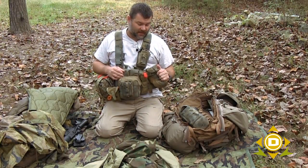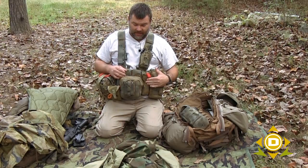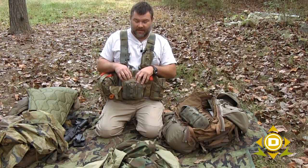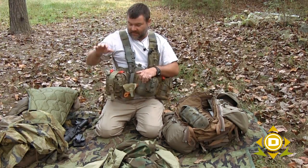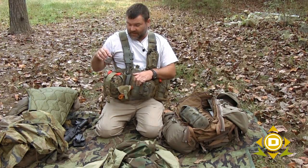But in this one, I carried my poncho and a couple little snacks. This has my tourniquet in it. This has basically what used to be in my fanny pack, my escape and evasion kit in it. I'm gonna go over that in detail in a moment. This is my Ranger Silva compass. This has my GPS in it, and this again is my IFAK, my individual first aid kit, which has another